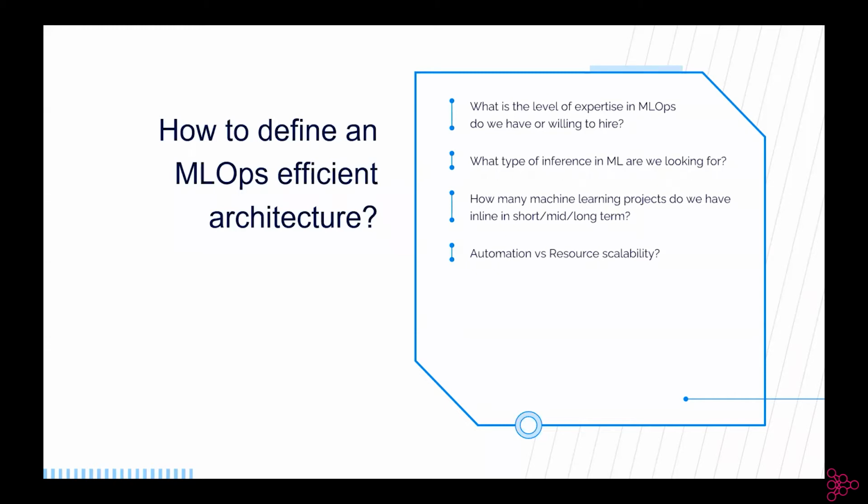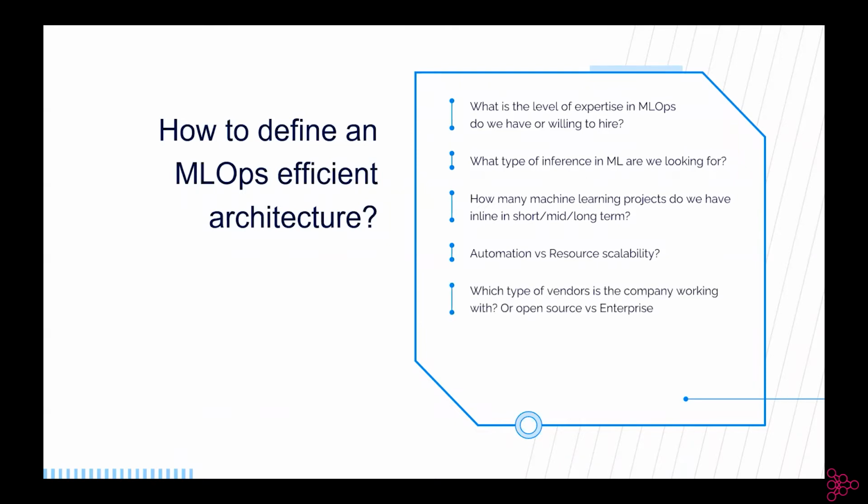And then, very important to take into consideration is resource scalability, and we're talking about human resource scalability. How many people do I need if we increase our load of projects that we have to put in production? Does my model and system offer me the ability to scale my human resources in an optimal fashion?